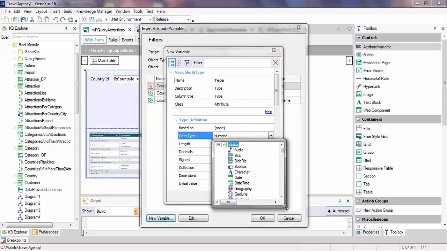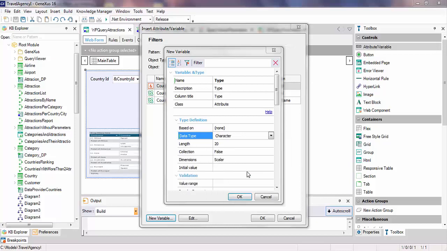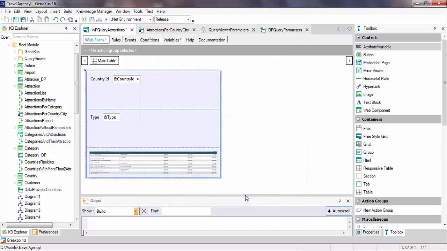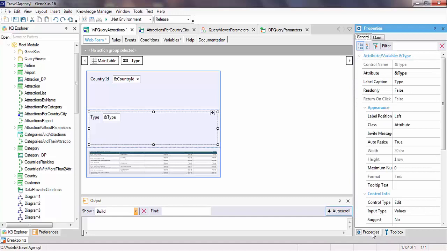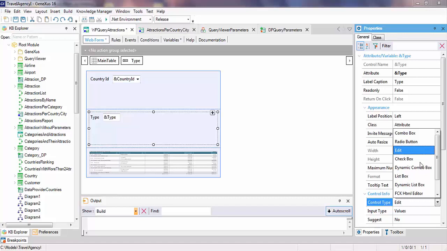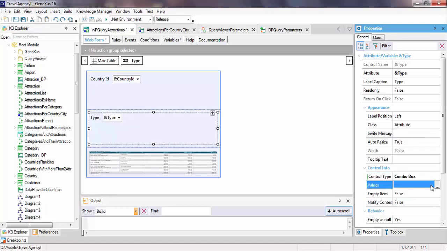Of the character type, and this will appear as a combo with the options chart, table, and card. In the control type property, we select combo box and assign the values.